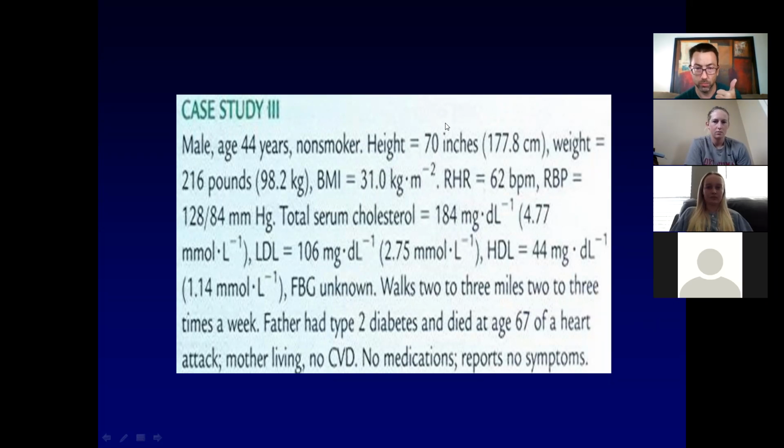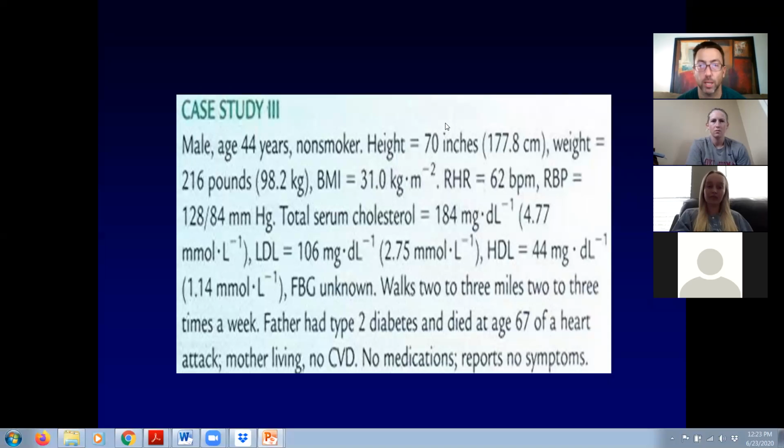Okay. Family history. What do you guys think about family history? His mother's living. I have a question. Fire away, Whitney, please. I just need some clarification. Is it like an and or thing? In this example, his dad died at 67 of a heart attack, but does he have to have a heart attack before 55, or is it a heart attack, period? No, it's a heart attack in a male first degree blood relative before 55, or a female before 65.